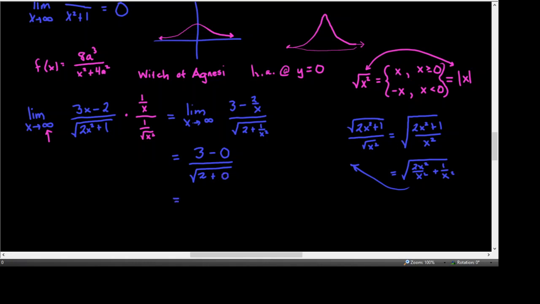And so this goes toward 3 over the square root of 2, which is 3 square root of 2 over 2. And that implies that our function, if we were to graph it, would have a horizontal asymptote at y equals 3 square root of 2 over 2